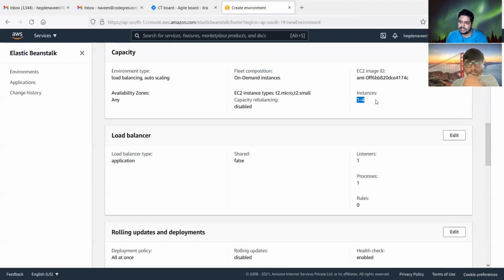If the number of users increases, it will auto scale to 2 or 3 or 4 instances. You can put the maximum as 20, 30 also, 1 to 30 instances. Then as your number of users increase, the instances also will increase to support those many users.